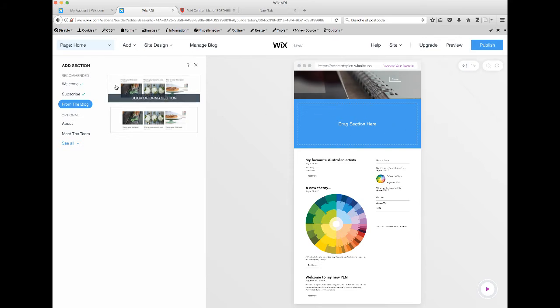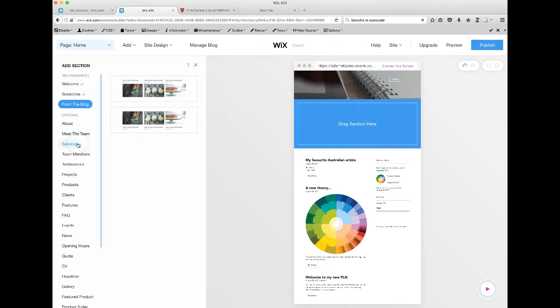And on the left-hand side, you've got a menu that gives you details of some of the different kinds of sections that you can have. Now, I'm going to select the projects one because the FLS, or the Future Learning Space, is a project, and Wix gives you quite a nice pre-prepared template for that. So when I click on projects,